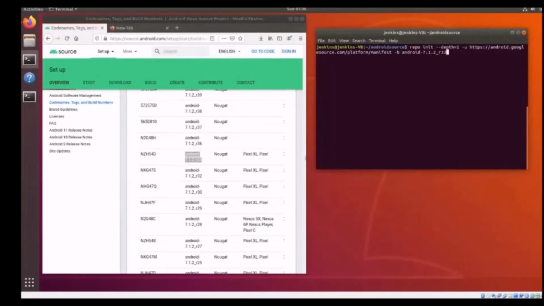Click enter. The error that we see is of the known issue. The reason is that the repo that we downloaded earlier using the apt-get is not found to be the latest. So what we are going to do is that we are going to manually download the repo from a site, and we are going to replace the already existing repo with the manually downloaded repo file. Let's see how to do that.